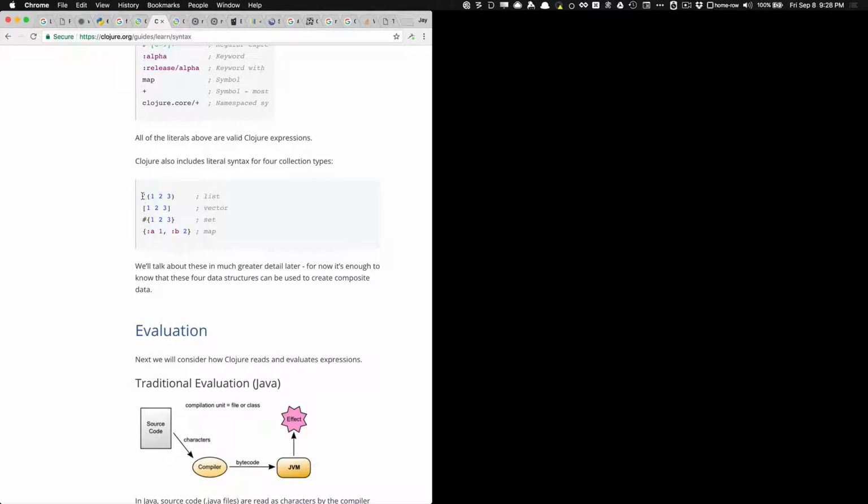So if you see a single quote like this before the opening parenthesis, that is a signal that I no longer want to treat this parenthesis as a function. I want to treat it as data. And here, this data collection, which is a list, contains the numbers 1, 2, and 3. For this reason,